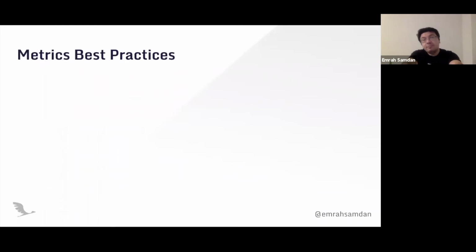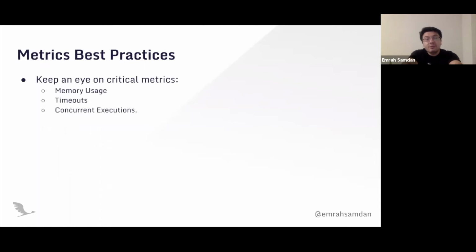So let's talk about the best practices for metrics. In serverless, there are still critical metrics. These are metrics that you would never have thought of before serverless. You need to think of how your application is using memory, because if you're allocating, let's say, 1 gigabyte of memory, and your memory usage is always around 90% of it, you are in a danger zone where your application can face some input that easily makes it hit an out of memory exception.